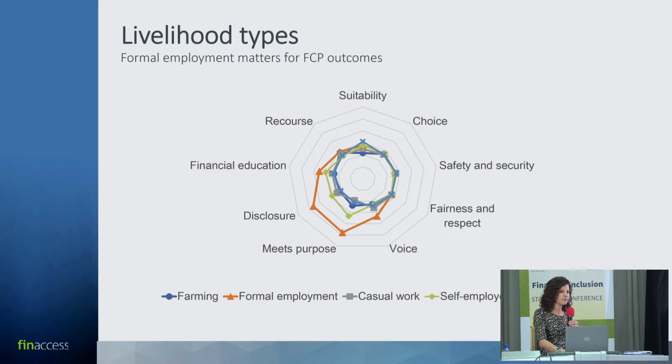We also see a difference when we look at livelihood types, where the orange is those that are in formal employment, and the light green, those that are self-employed, and the rest would be more casual and farming, and dependents being those who receive remittances or gifts or are dependent on the state. And it's very interesting again to see those biggest gaps.